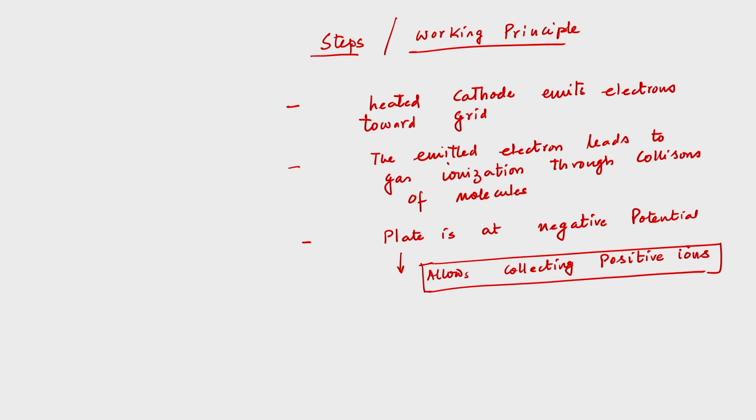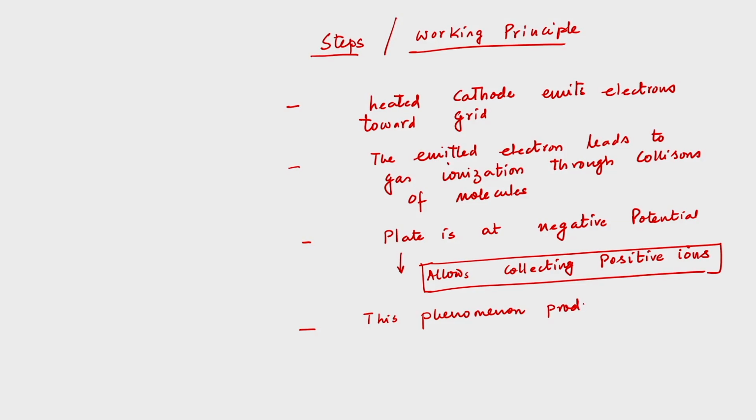So the plate is at negative potential so that it will collect the positive ions. Now this phenomenon of electron emission, movement towards the grid, and then, since the plate is at negative potential, collecting the positive ions